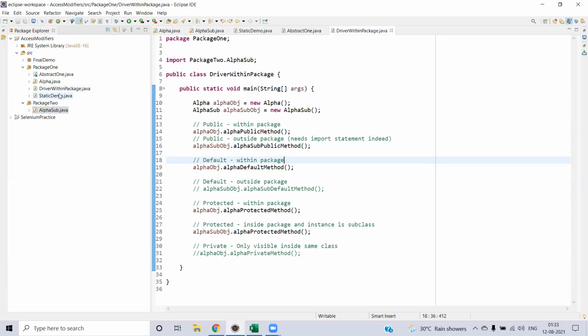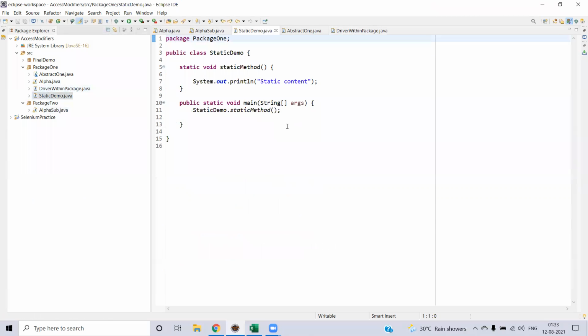Now we will be going into the static demo, which looks for the static keyword in front of the method. Let's consider you have a static method here, the name also static method, and it has the static keyword in front of the method name. Now this method will be considered a static method. Whenever you load the class, you will have access to the static method. And we have discussed that we can directly call the static method by using the class name. Just execute.